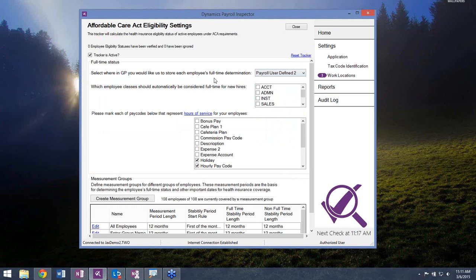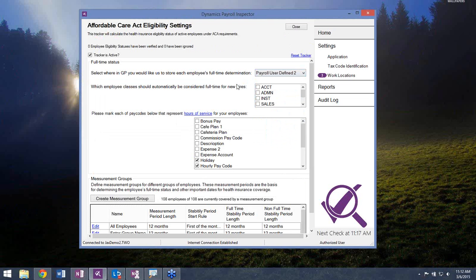This gives us the ability to be flexible with how you're paying your employees and the types of earnings that your employees are receiving. So we've heard from a lot of clients that use piecework to pay their employees, whether it's a trucking company that's paying by the load or by the mile, or it's a home health company that's paying by the visit. The Affordable Care Act does require that you track employee hours worked, even if you're paying strictly on piecework. So what we can do is have a secondary pay code set up. It may have $0 associated with it, but it's designed to track hours only, even if the only part of an employee's payroll is being processed from that piecework.